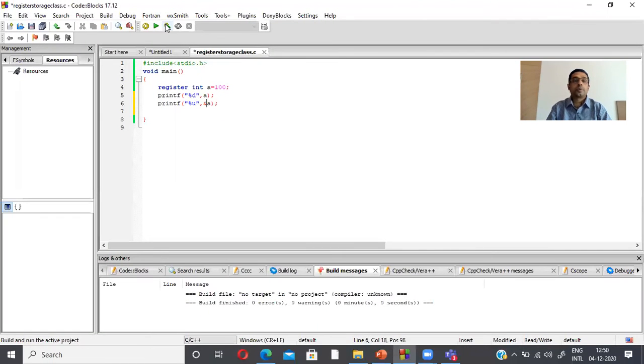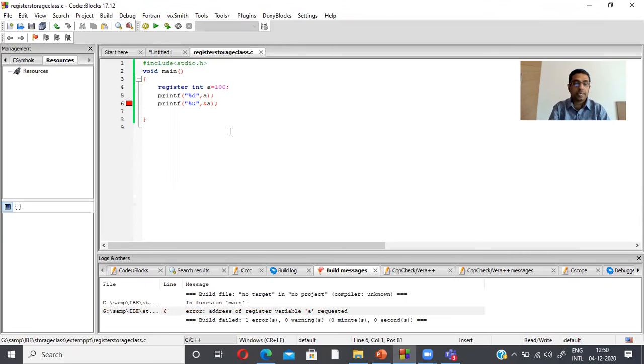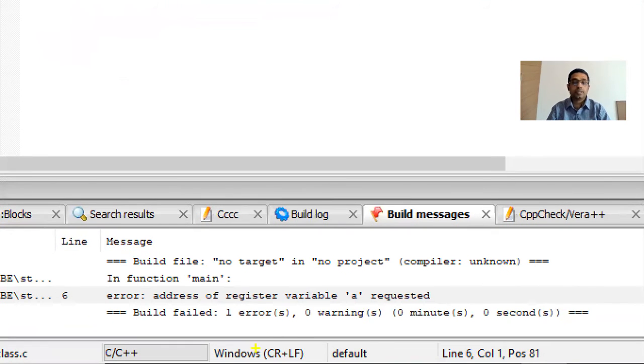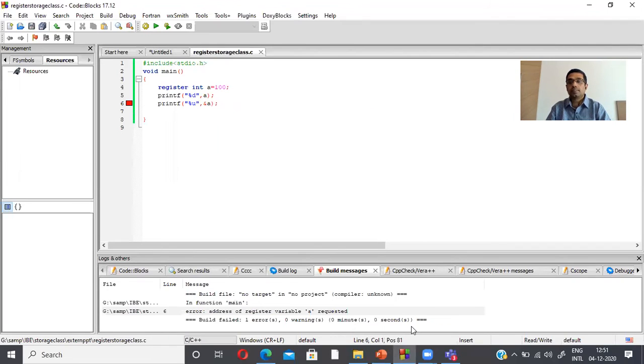I run the program, and it will show an error: address of register variable a requested. We cannot use the address operator with the register variable, because the memory is allocated in the CPU register, not in the main memory.